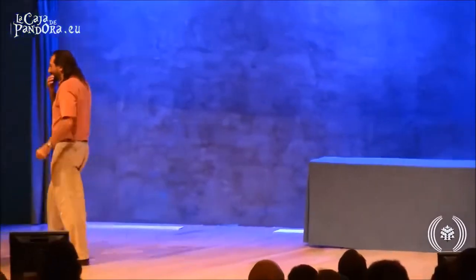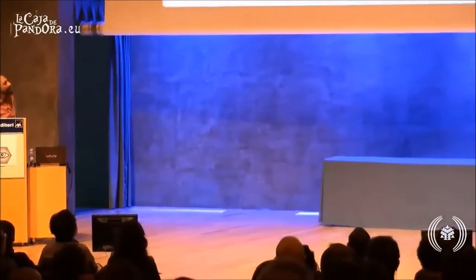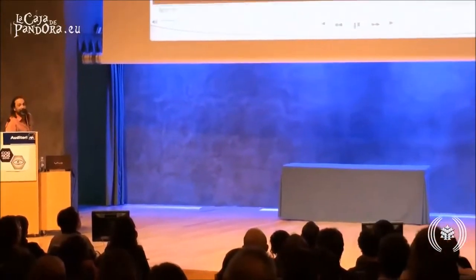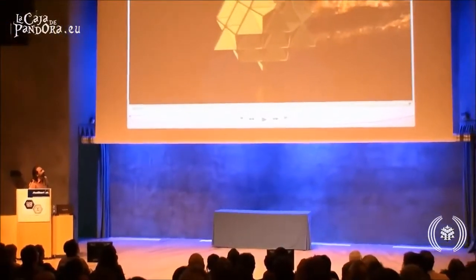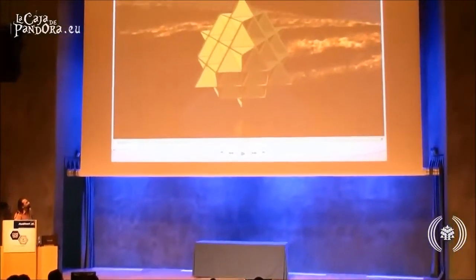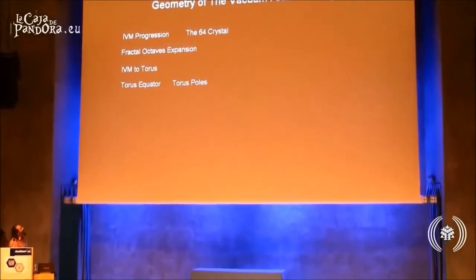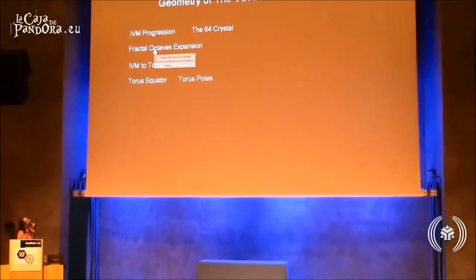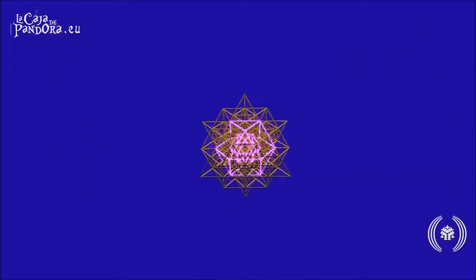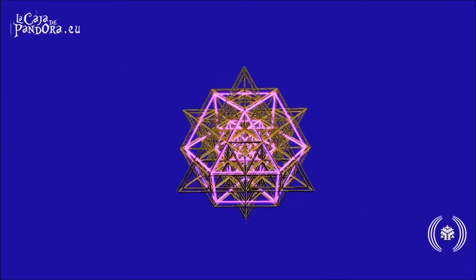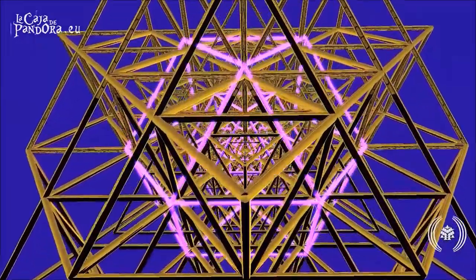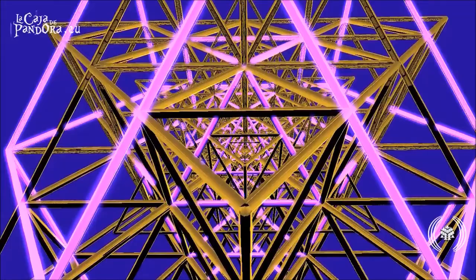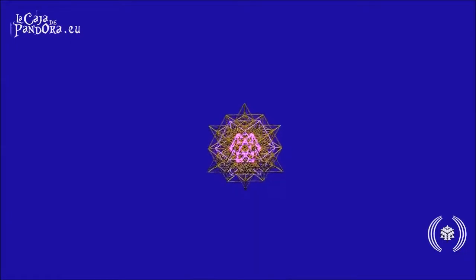And so I was very excited about that. I know it might sound strange to you, but it was exciting to me. I thought this has got to be the vacuum structure. Oh, okay. Here we go. It must be growing in perfect octave like this to fill the space of all the structure of the universe.